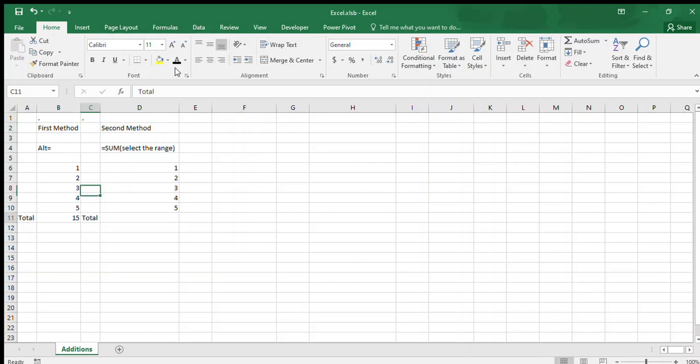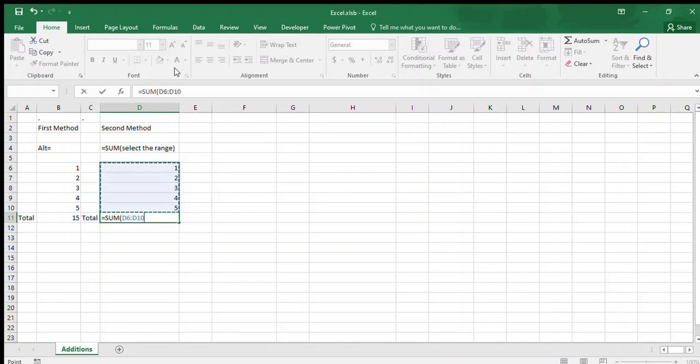The second method is by using =SUM and an open bracket, move a step above, select the entire data range, close the bracket and then press Enter. Now on to the